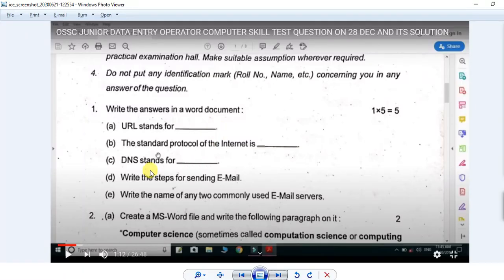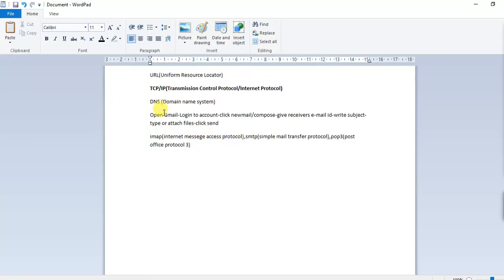So, write the steps for sending email. First step is you have to open the email. Suppose you want to open Gmail or Yahoo Mail or Hotmail, then there will be a screen which will ask for your login ID and password. Then you have to click OK and you will go into your account.